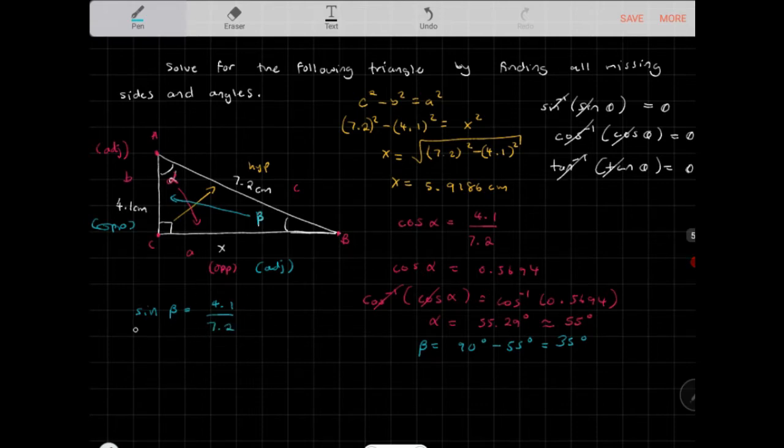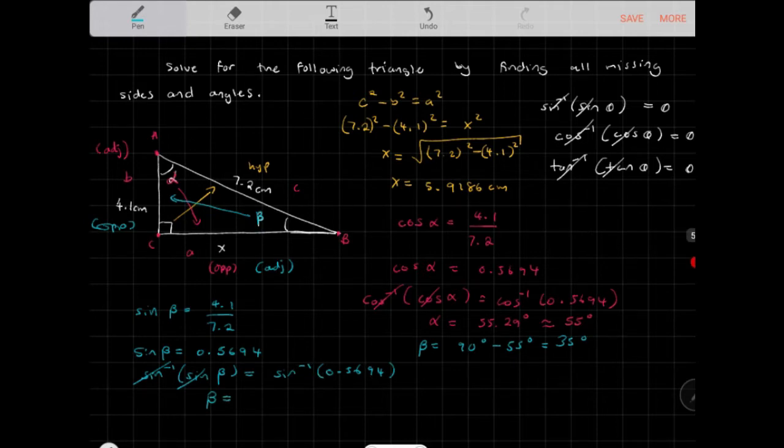We found the ratio of this, so sine of beta is equal to 0.5694, right? We calculated the ratio of this. So if you want to solve for beta, what you need to do is the sine inverse of both sides. So sine inverse of sine beta is equal to the sine inverse of 0.5694, and then the sine inverse and the sine cancel out, so we get beta is equal to the sine inverse of